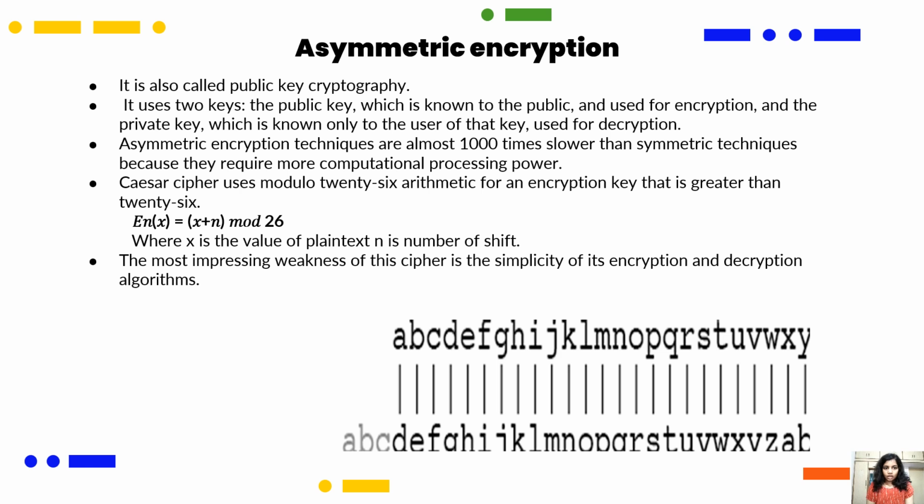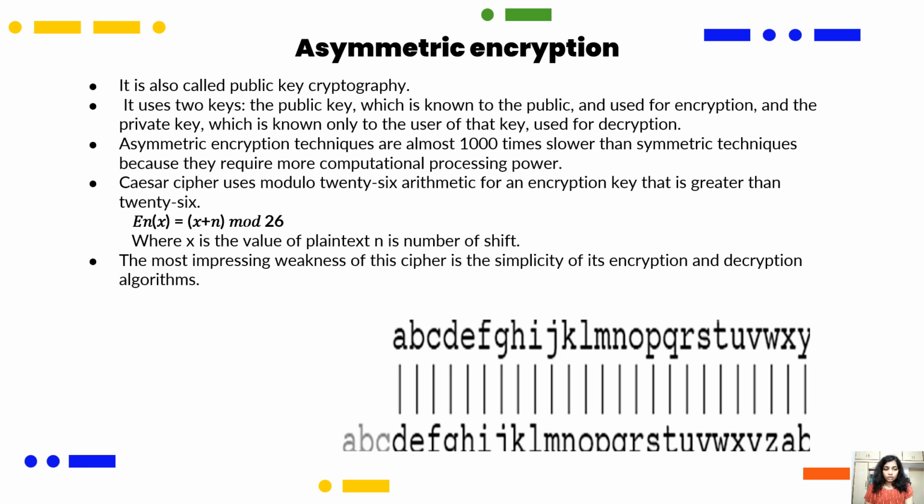Asymmetric encryption. It is also known as public key cryptography. It uses two keys: one is the public key and the other is the private key. The public key will be known to everyone. It's public and it is used for encryption purposes. And the private key is only known to the user of that key, and it is intended for decryption purposes. In asymmetric encryption, techniques are almost 1,000 times slower than symmetric encryption processes because asymmetric encryption needs more computational